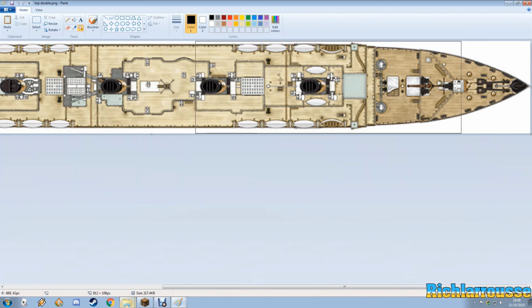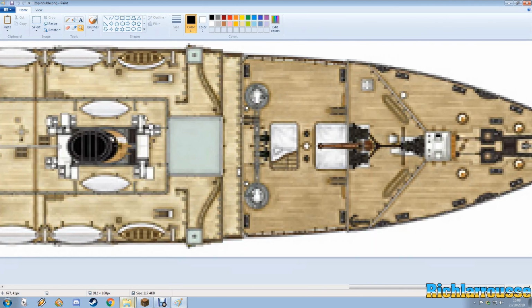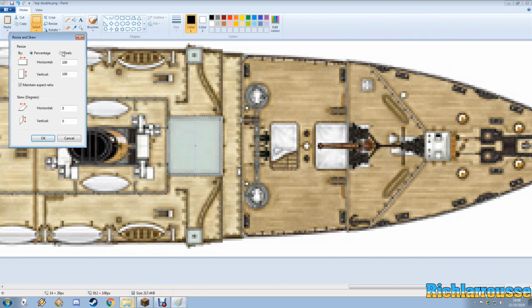And then for the boat deck, what we can do now is go to the front of the bridge. So the bridge, we've got the bridge lined out. So the bridge wheelhouse. Remember, this is the double width one. This is the double size image. So everything I measure here will be half the width or half the size. So the width of the ship's wheelhouse is 29. So half of 29